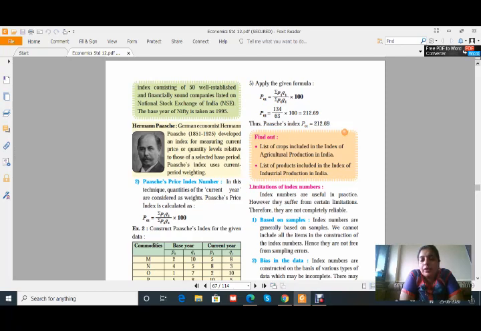Okay, I think all of you are getting clear about this. Just go through it so that it will get clear. While calculating the index number, you should be careful which index number you are calculating. If you have to calculate the Paasche's index number, then you have to consider Q1, that is current year quantities, and it is clearly mentioned in the question which method you have to follow. So better just go through it, do practice, and if you have any doubt, put your doubt in the comment section. I will definitely clear your doubt.